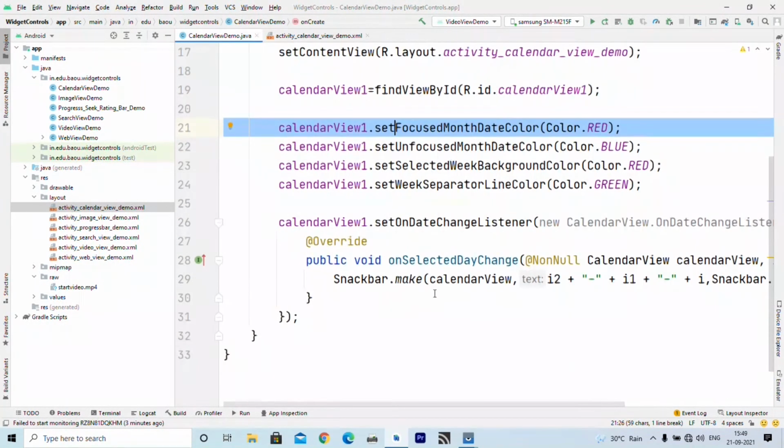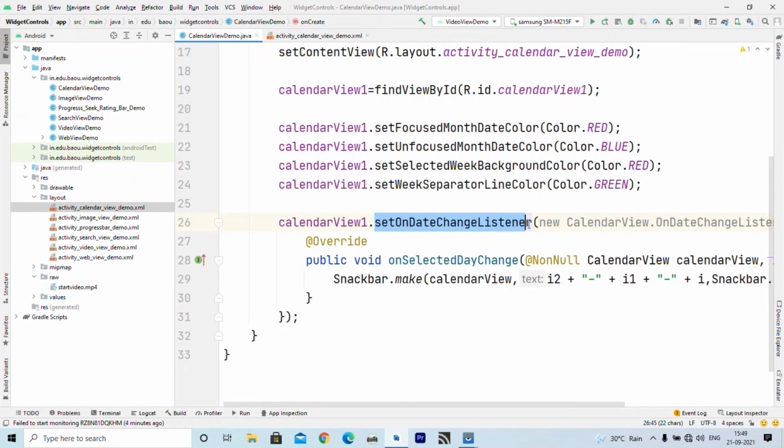Now when the user clicks on a particular date, this callback method is called, set on date change listener. In case of a button we write set on click listener. In case of calendar we write set on date change listener, right? And then we write new, and automatically suggestions will appear on screen like these.